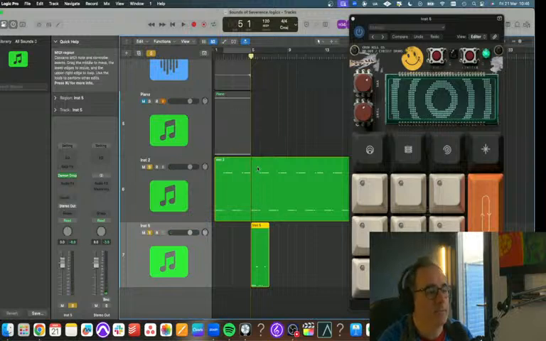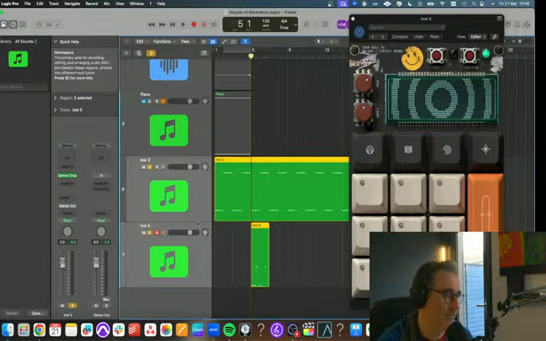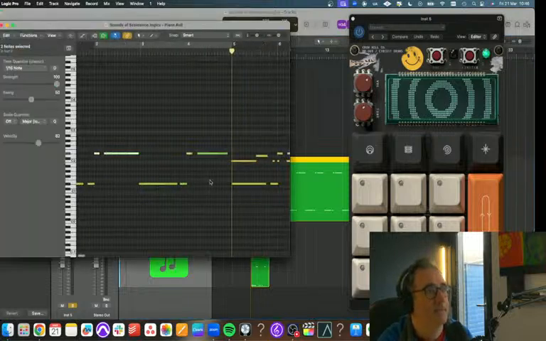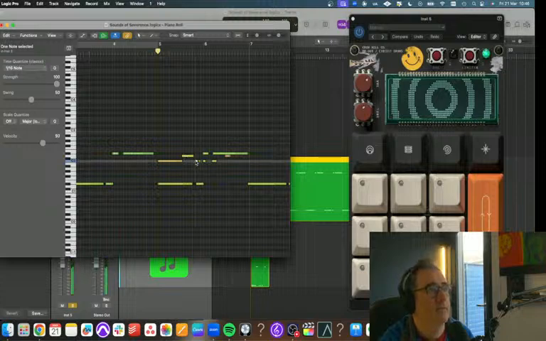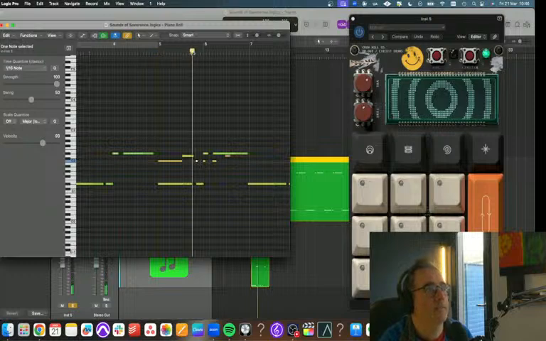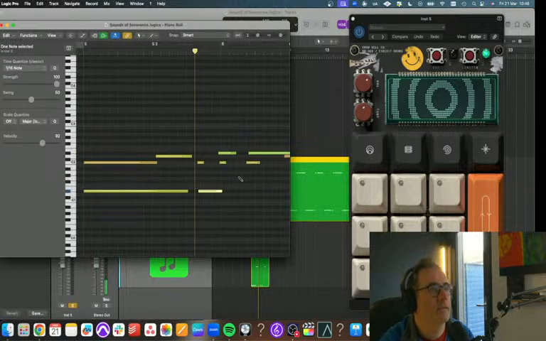I know all the people laughing at me going, oh, you're so bad at drum programming. Well, I am, and I take full ownership of this fact. This is where the kick should be.